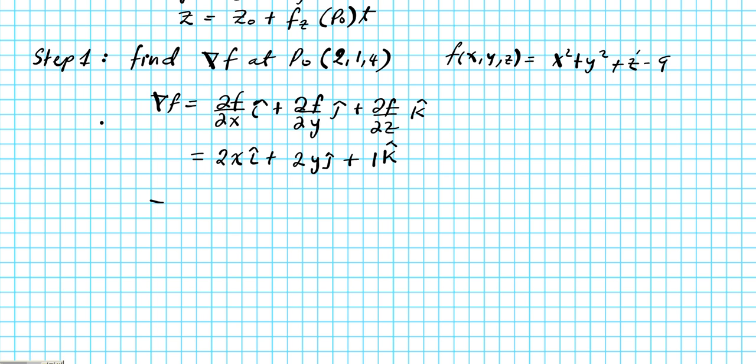The gradient of the function at 2, 1, 4 is what you get when you plug in these respective coordinates into the gradient vector that you generated here. So you're going to have 2 times 2 in the i direction plus 2 times 1 in the j direction plus k hat. K is independent of the point. So if you simplify that, you're going to have 4i